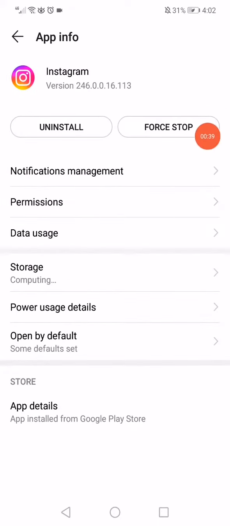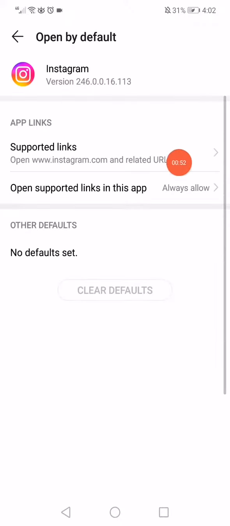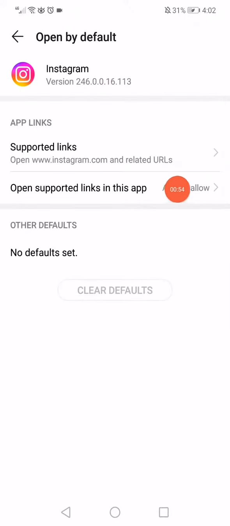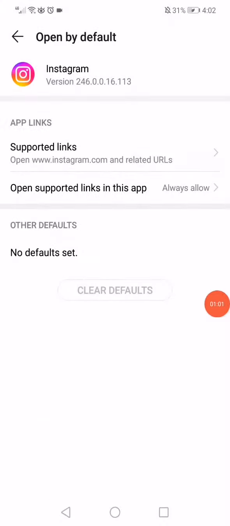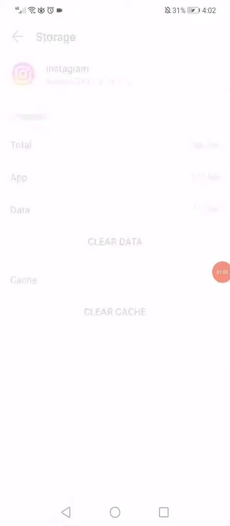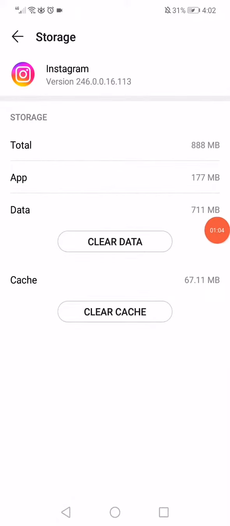now all you have to do is just click on this Force Stop option, and then all you have to do is go to this Open by default option, click on it and click on this Open supported links, and make sure to make it Always allow, and then click Cancel, go back, click on Storage, click on Clear data,